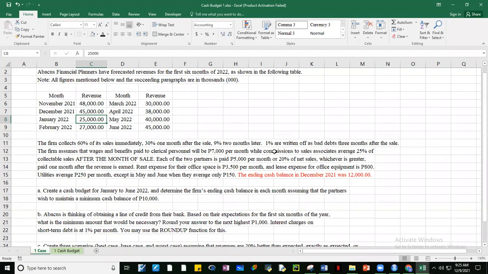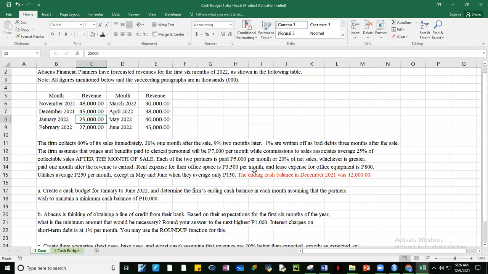Also, they have commission given to their sales associates at 25% of the collectible sales after the month of sale. When you say collectible sales, guys, it's only the amount that will be collected. So since there's a bad debt of 1%, the collectible sales is only 99% of the sales. And the commission is given after the month of sale.